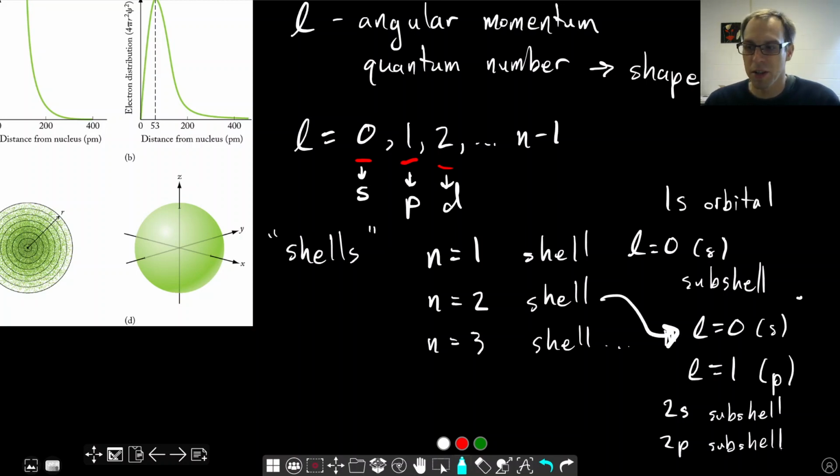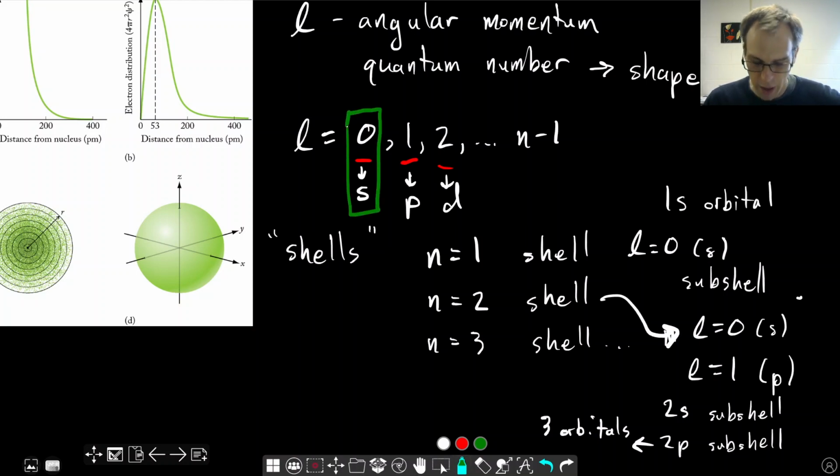Now, the 2p subshell consists of three orbitals because we have different values of m sub L, that magnetic quantum number. So this is a little bit of review from the previous video. So for our 2p orbital, there are three of them, and in the next couple of videos, we'll look at what those look like. For the rest of this video, we're going to focus in on specifically the L equals 0